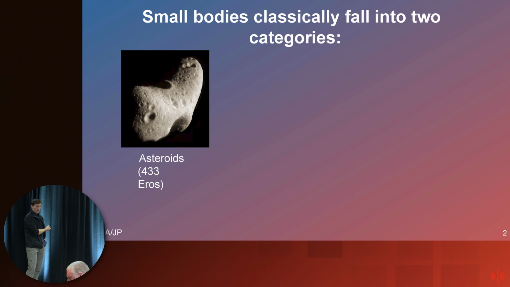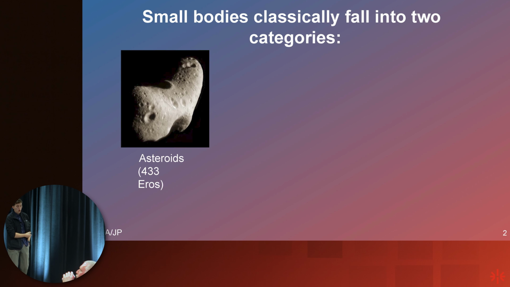These objects are rocky. As you can see, that's just a sort of potato-shaped rock. And they appear in images as point sources, so they just look like a dot on the sky. They also happen to have orbits relatively close to the sun. And this is because if they are too far out, then ice can form on their surfaces, and you get